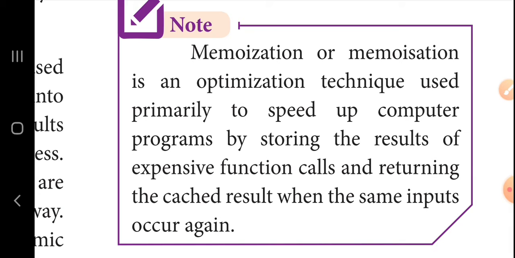In this technique we can store the data in cache memory. In 11th standard we studied the hierarchy of memory, and cache memory is the one with the highest priority. So we can store the data in cache memory and access it fast at the time of processing. Here also we can use cache memory to store the results of the given problem, and then retrieve the data as fast as possible. This memoization technique is also used in dynamic programming algorithmic techniques.